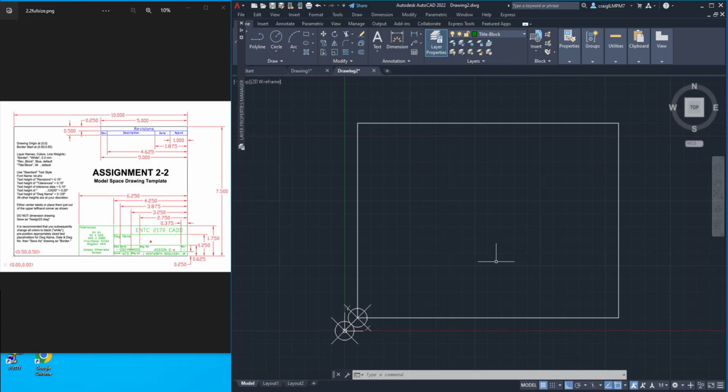So we're going to come over and we're going to get another rectangle. Since the drawing is showing us the measurements from this corner, that's the corner we're going to